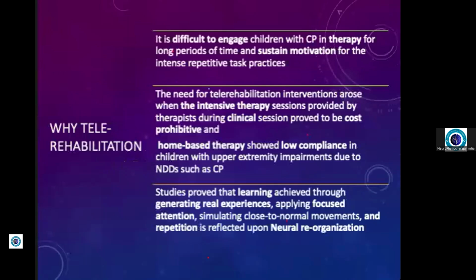So then why telerehabilitation? Why technology-based therapy? It's difficult to engage children with neurological issues in therapy for long periods of time and to sustain motivation to keep doing the intense repetitive task practice. So there was a need for therapy interventions that can provide some fun, engaging platform, which is also cost effective,